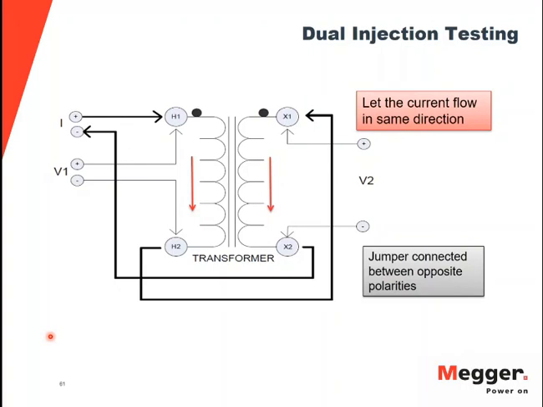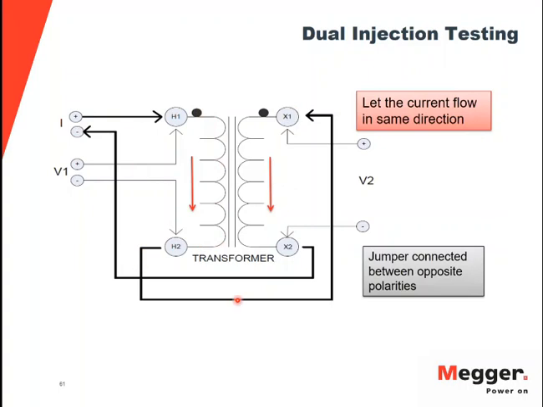Sometimes what might happen is that the low voltage winding would take a lot of time to stabilize, and in those cases you can test two windings at the same time. You would connect the A phase of the primary and A phase of the secondary together in series by connecting the polarity terminal to the non-polarity terminal. As you can see, I connected H2 to X1,